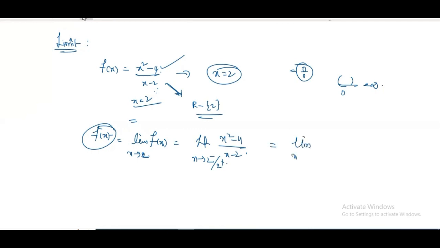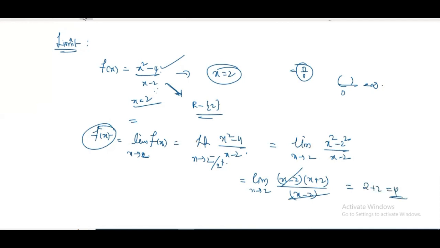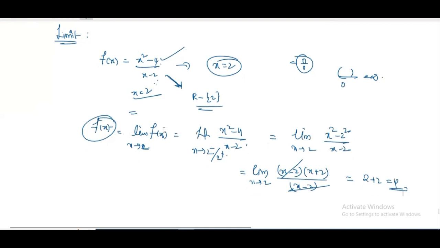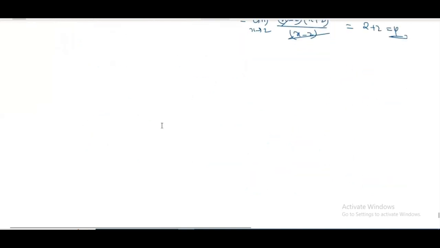Limit x tends to 2, x square minus 4 we can write as x square minus 2 square, by x minus 2. This is the a square minus b square formula, so (a minus b) into (a plus b), divided by x minus 2. The x minus 2 cancels. In the remaining, if you substitute the limit, you will get 2 plus 2, equal to 4. So graphically, when you see this,